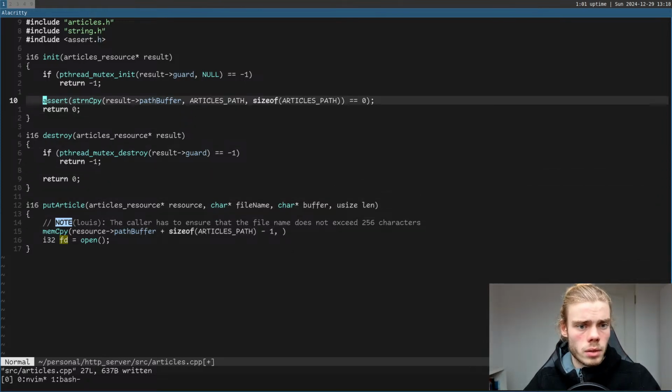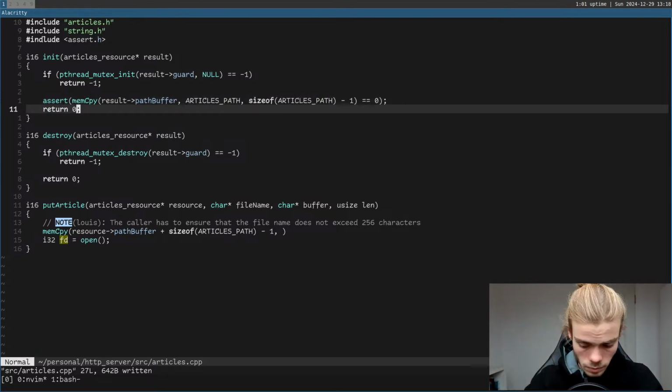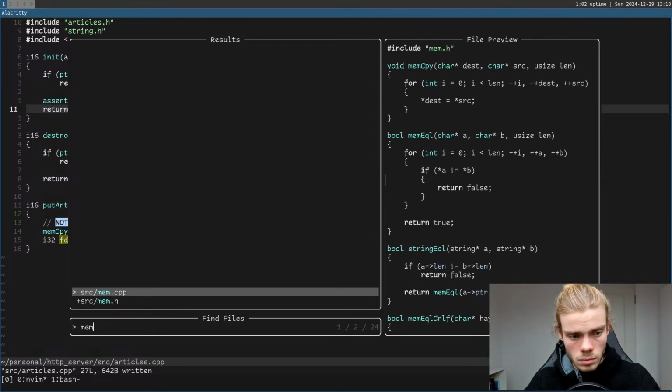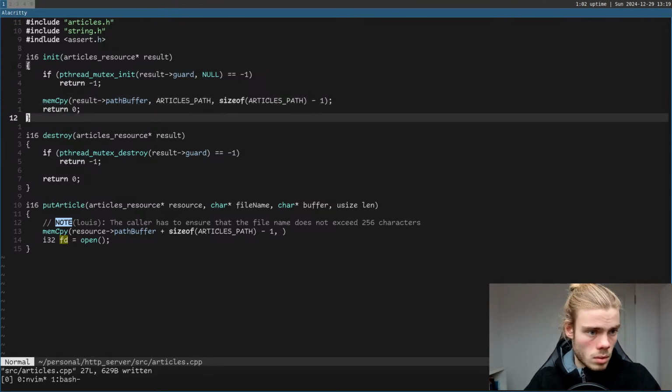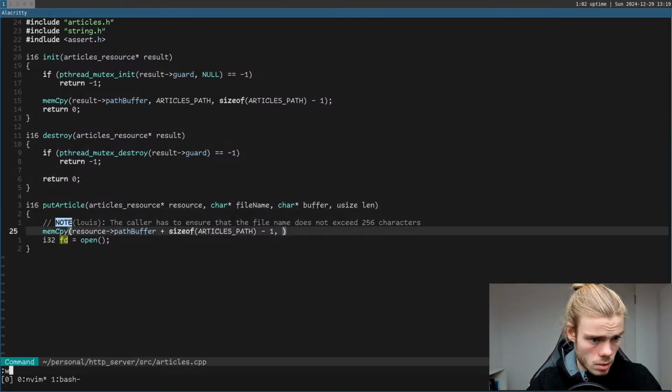And here we could also say a memcpy, size of minus 1. This is a void. And